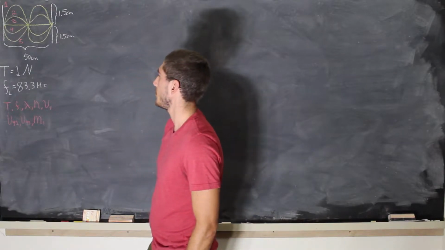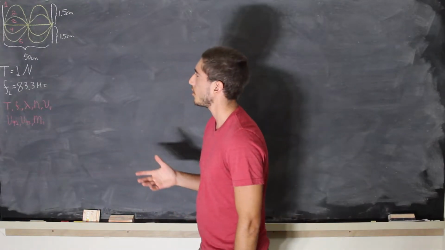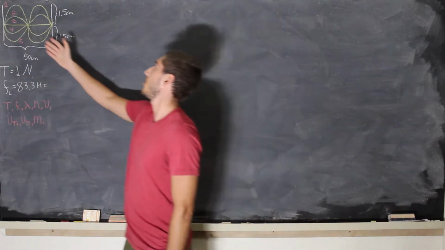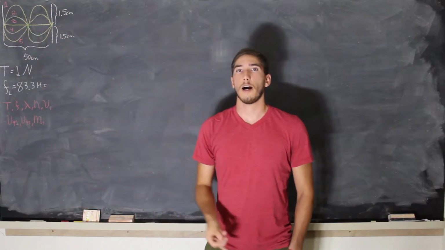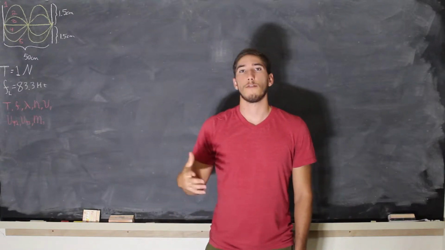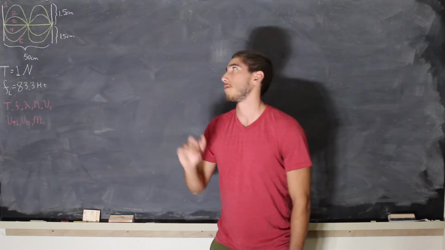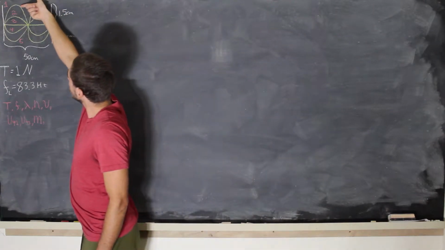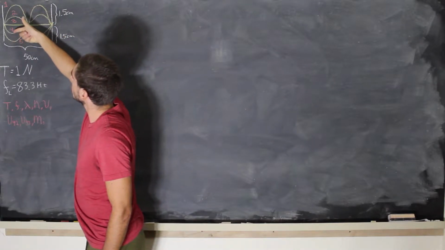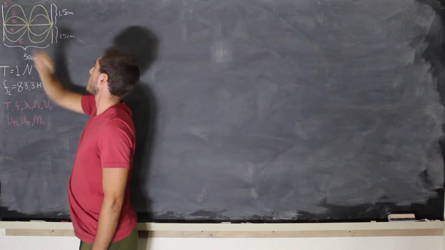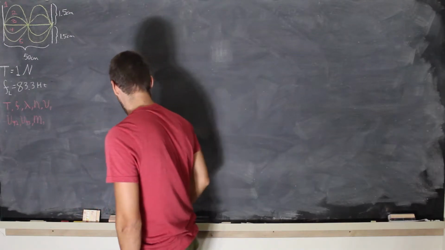Okay, so for the period, we know that the strobe light is flashing at 83.3 hertz. And every time it flashes, it's at these new positions. So what we're going to do is find the period of the flash, and then multiply it by however many phases there are in this oscillation until it's back where it started. So if we're here at t is 0, then this is t is 1, t is 2, t3, t4, t5, t6, t7, and t8. So we're going to invert the frequency of the strobe light and multiply it by 8,